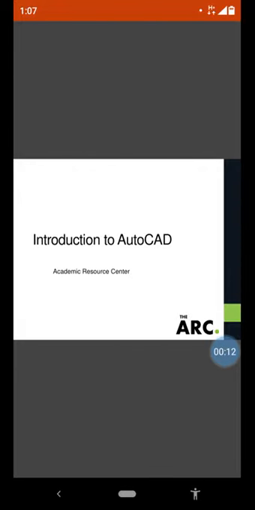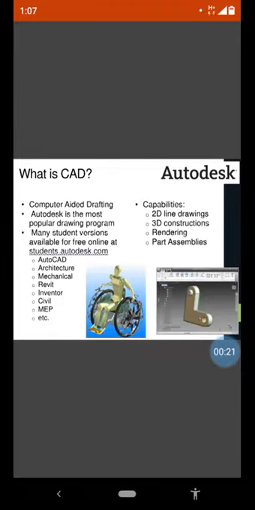Today we are going to see about AutoCAD. So first we are going to see today an introduction to AutoCAD. What is AutoCAD? The first important thing is why we require to use AutoCAD. AutoCAD is the one software mostly we are using for 2D drafting. We can call it a CAD. CAD's long form is computer aided drafting, and it is the Autodesk company who has manufactured this software.